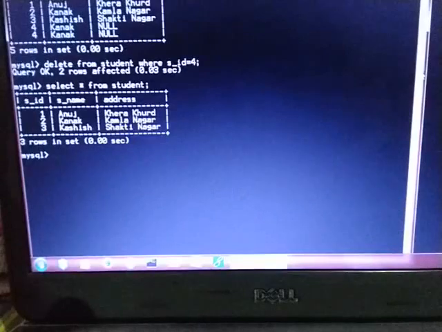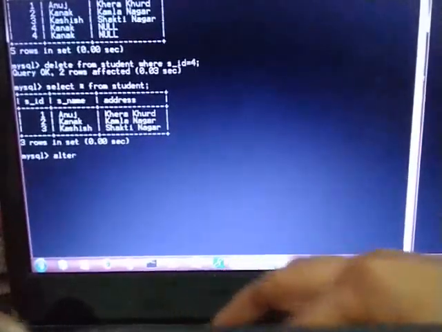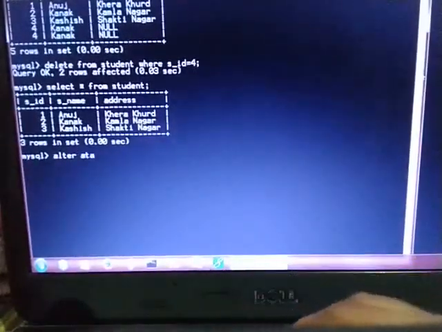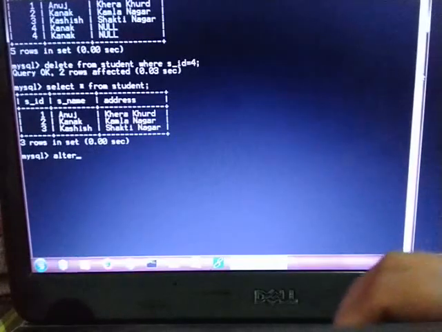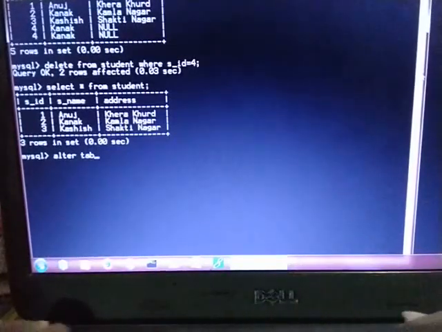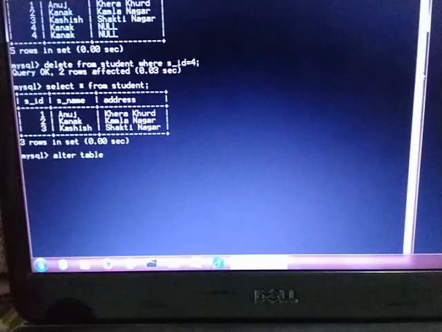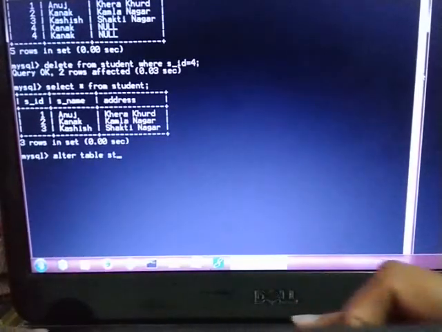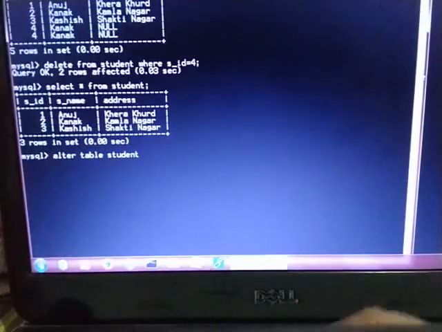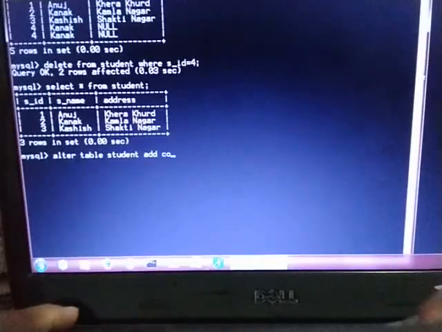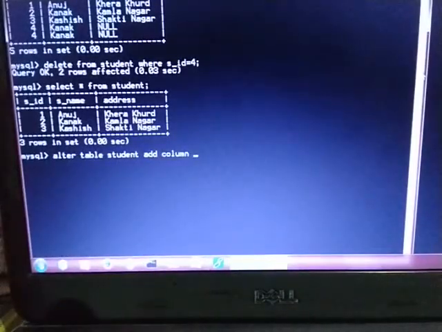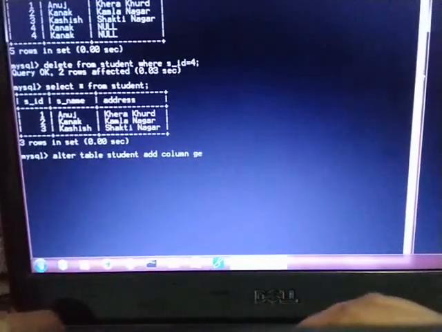I want to add a column, so write the alter command, alter table, then the name of the table. Which table? Alter table student. Then you have to add column, then the column name. What column name do you want to add? I told you, gender.